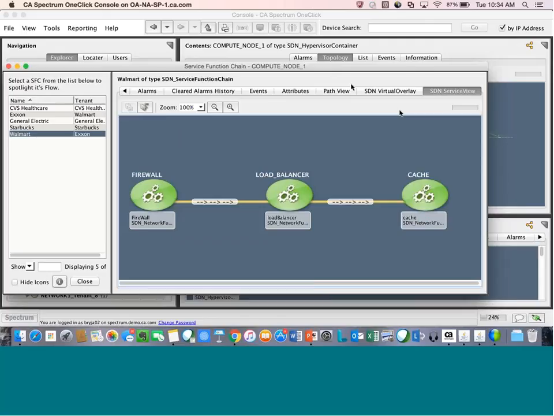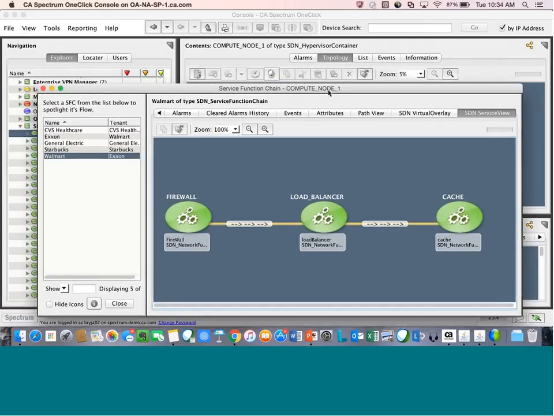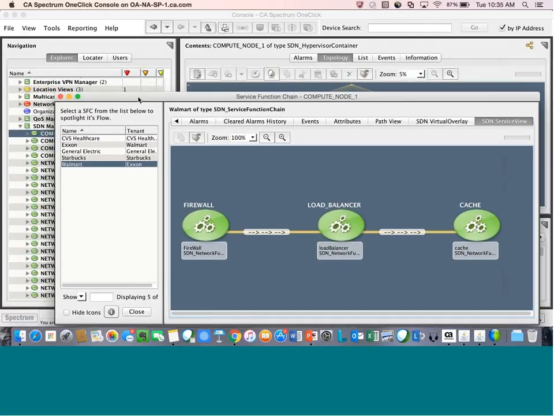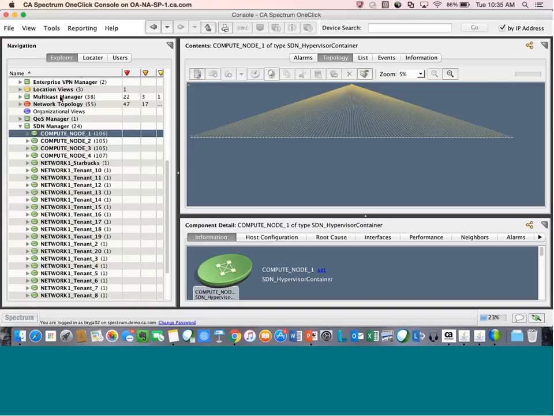So again, obviously the power being here is, Spectrum's been around for a long time managing very complex networks, right? Very complex physical networks. Now that we're embarking into more of this software-defined networking and more of this virtual network functions within our environment, we're able to utilize the same solution to look at both the physical as well as the virtual, without having a huge knowledge curve or a huge learning curve that we need within a new tool or new solution, but it's all visualized in the Spectrum that we know and love.